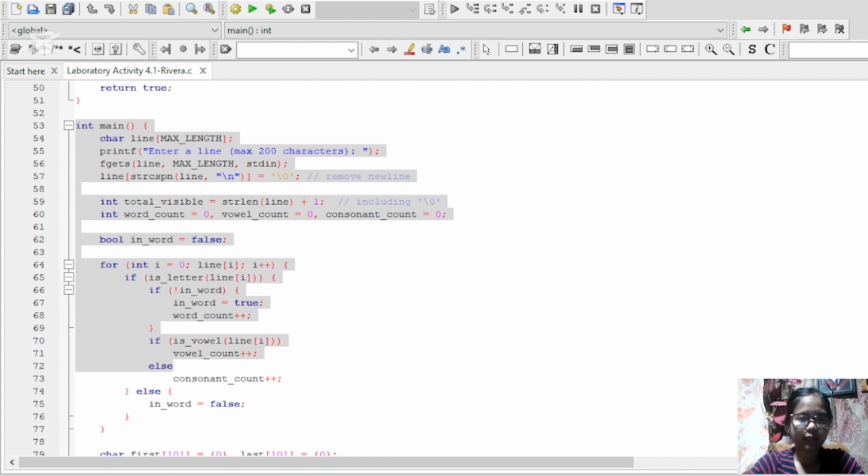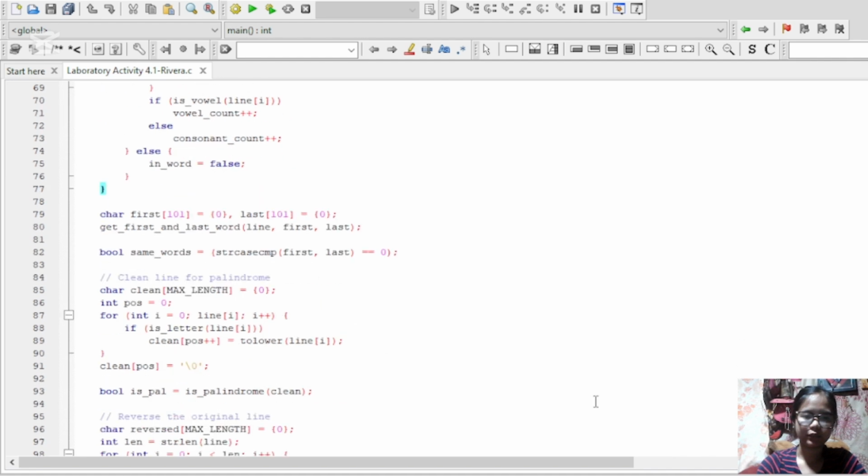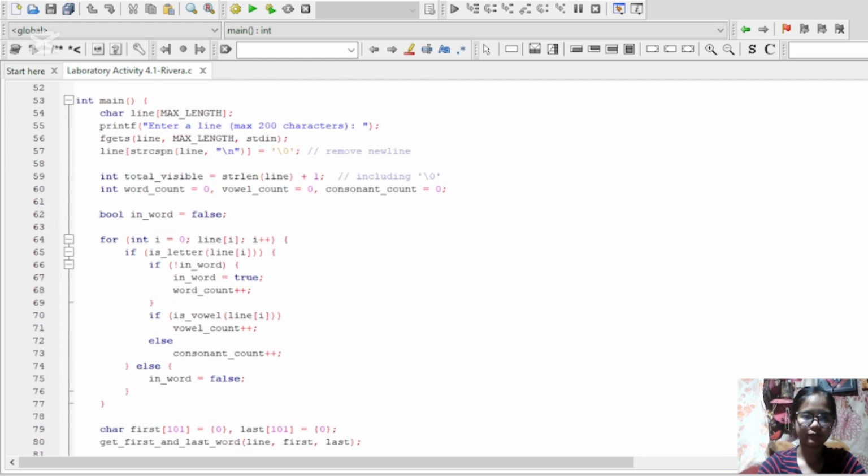Now here's where the magic happens, our main function. We declare a line array to store the sentence from the user, and the clean line. First, let's get the input.